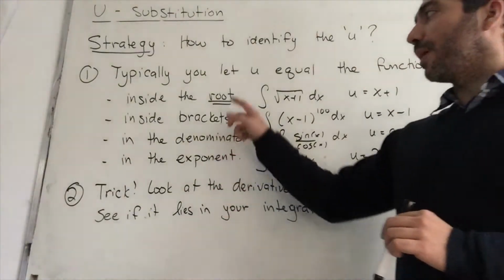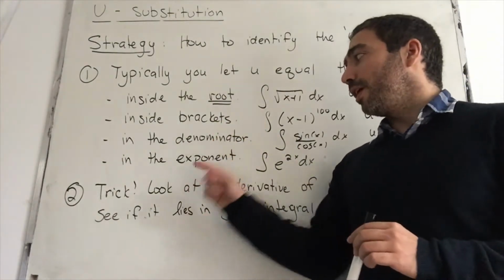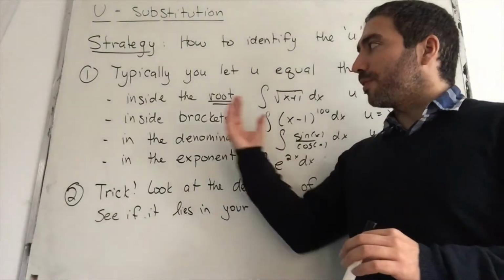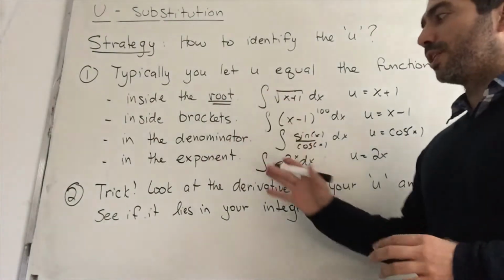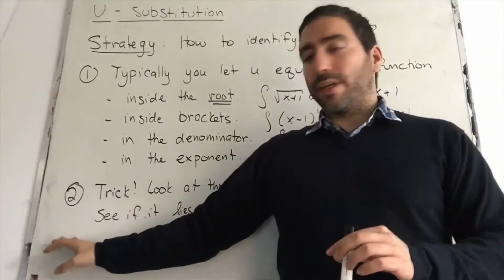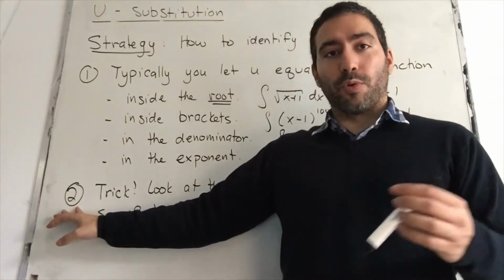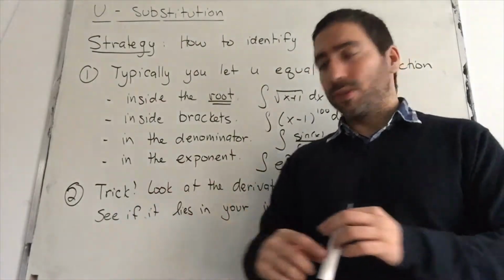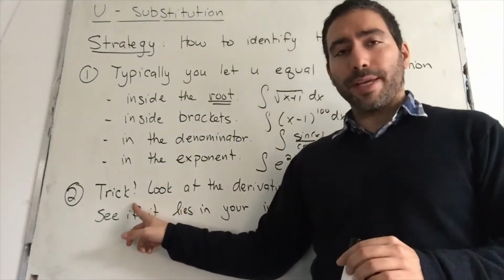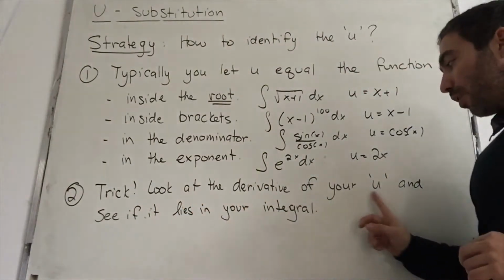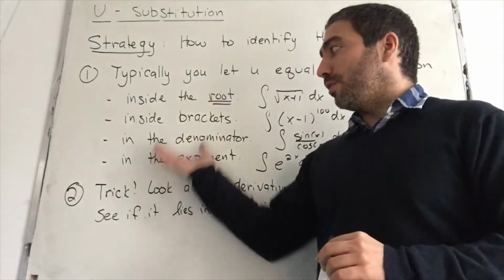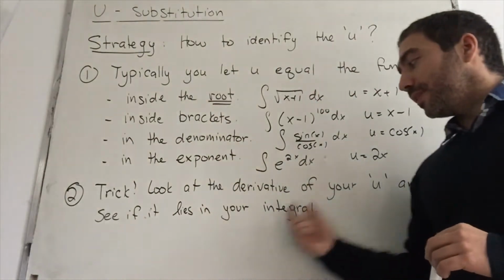So this is what I mean by in the root, in the bracket, in the denominator, in the exponent. So these should be one of your first initial candidates to attempt, depending on the situation that you're dealing with. The second trick, well, the second step, which is an important trick, and this is the one that I use the most, I look at my u and I think about its derivative. Whatever I'm about to call u, or whatever my candidate u is, I think of its derivative